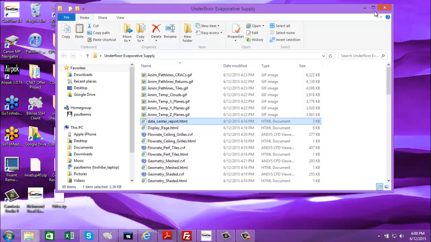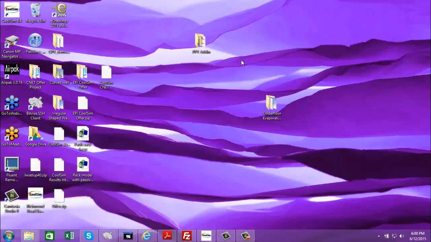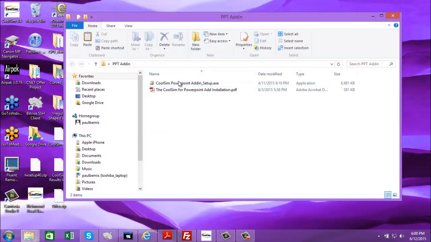Okay, so now in order to integrate it into PowerPoint, you will need to download and install the PowerPoint add-in. Now I've already downloaded it and I've unzipped it because it comes as a zip file. That's how we get it to you. You download it and you decompress it or unzip it. You'll get a folder, and in the folder there will be two